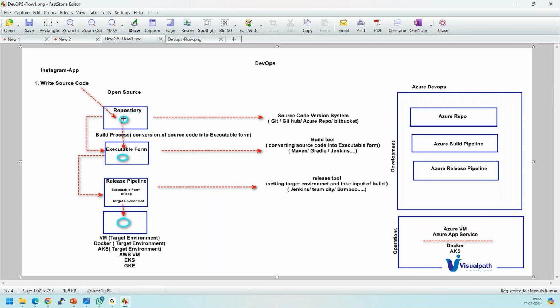So again, I would like to draw your attention to the basics. The basics are, we have the source code written by the developers. It is going into the repository. So as a DevOps admin, I'm supposed to learn at least one source code version system. Then how to build my repository into the executable form. As a DevOps admin, I'm supposed to learn one build tool so that I can convert the source code into the executable form. As a DevOps admin, I'm supposed to learn one release tool